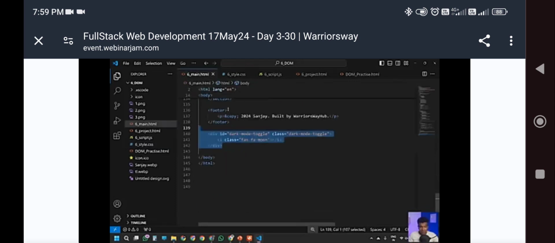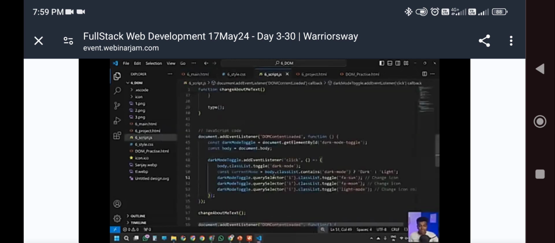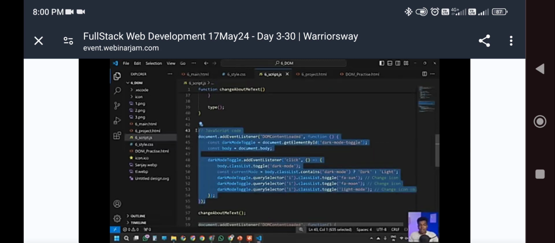So that's what we have done. We did something in our main.html, because here we have i, which is nothing but the icon. We wanted to select the icon first and change the icon into sun, or into moon, or change the icon color. That's what the i is. As we have already learned, querySelector means it is going to either select an ID, or a tag, or a class. That's it. So this is accessing the CSS based on the humans'